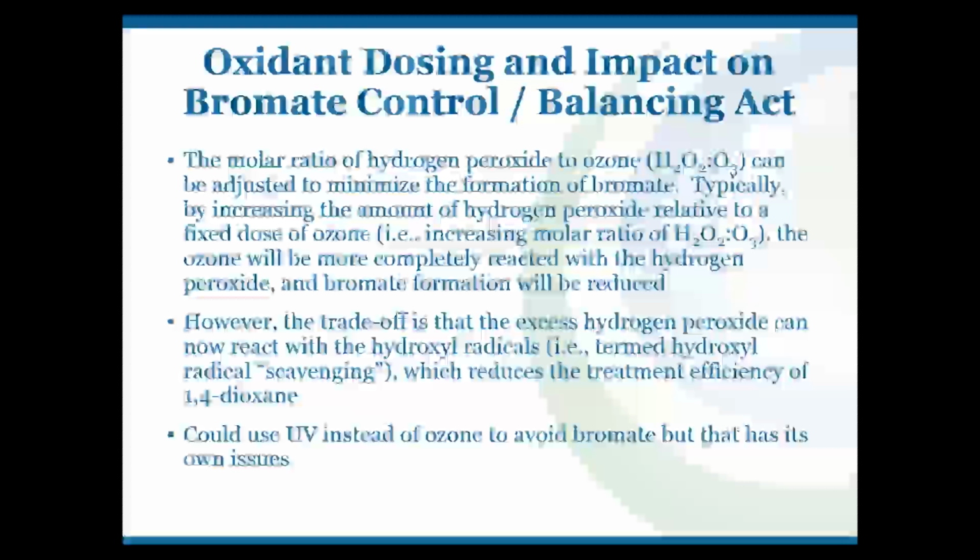So this is the balancing act. If we add more hydrogen peroxide to the ozone, increase that molar ratio, we're taking care of a lot of the ozone, and the benefit of that is it's not available to react with the bromide, and therefore would minimize the formation of bromate. However, the hydrogen peroxide is also a scavenger for the hydroxyl radicals, and therefore you can affect the effectiveness of the reaction on the target contaminant, in this case 1,4-dioxane. So it's a sort of trade-off or balancing that you need to do to make sure that you accomplish both